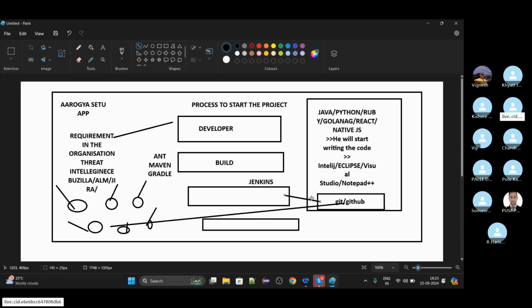So once Jenkins has the code available, after that, what is going to happen? Earlier, you were going into this application, clicking right and running as a Java application. But once you reach this level, at Jenkins level, you actually no need to run as a Java application.